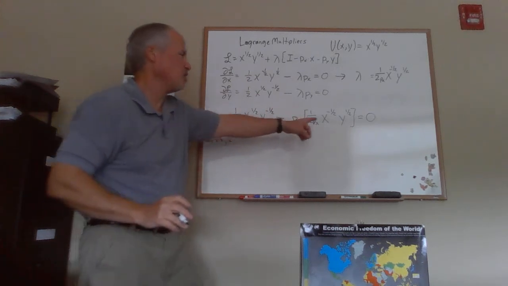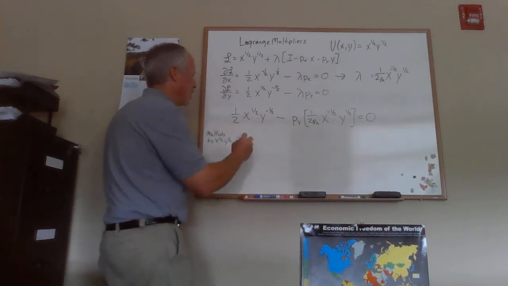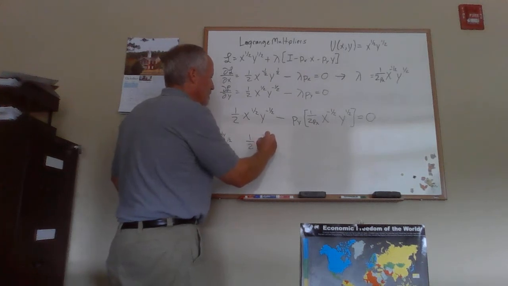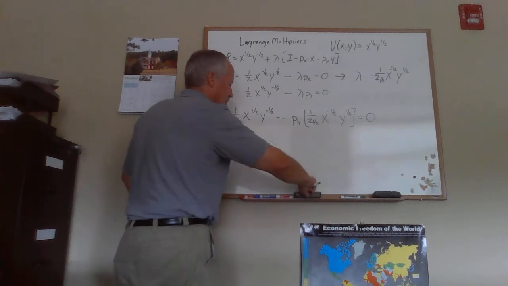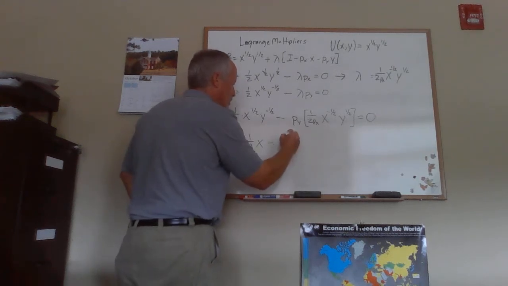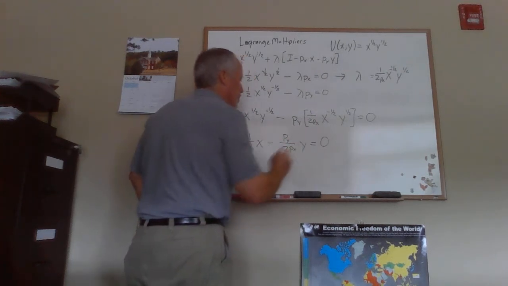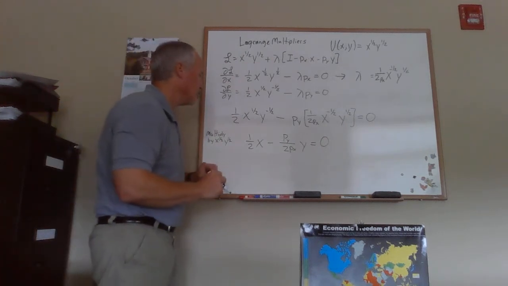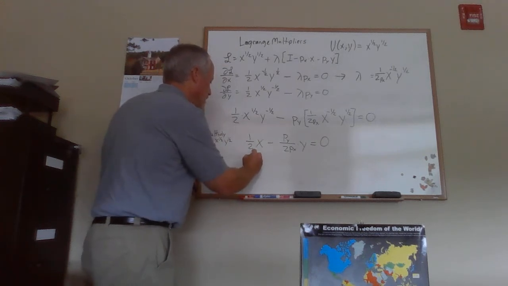So multiplying both sides, we've got 0 over here, but you've got to distribute the x to the 1/2, y to the 1/2 out here, and that would end up giving us 1/2 x Py, and then if you rewrite this here, you're going to get that x is going to be equal to